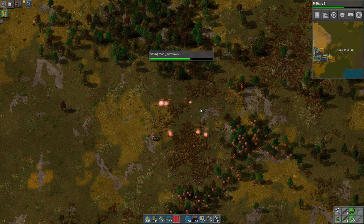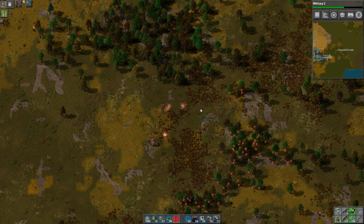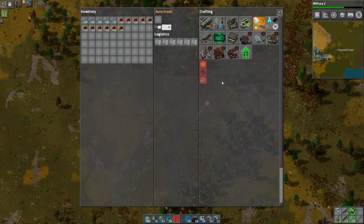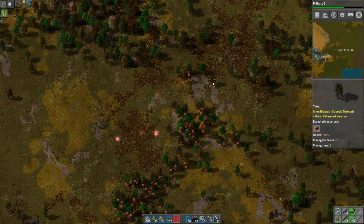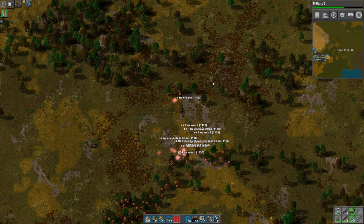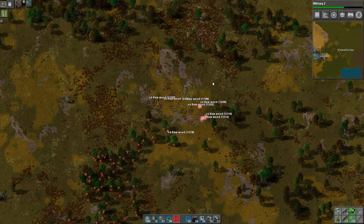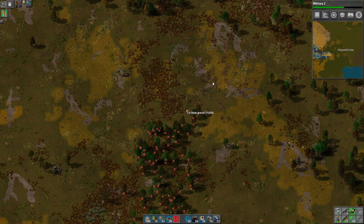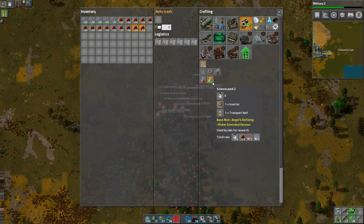My objective for the next session will be, first and foremost, we need to automate the manufacture of green science and all that entails. If you're not clear, what that does entail is basically just inserters. So we'll automate the manufacture of inserters and pump that into green science, and then we're going to make a seriously beefy little nicely ratioed red and green science production area, which will generate the right ratio of red to green at the same rate, because you always use the same number of red and green at the same time when you're using both. So we'll produce red and green at the same rate,